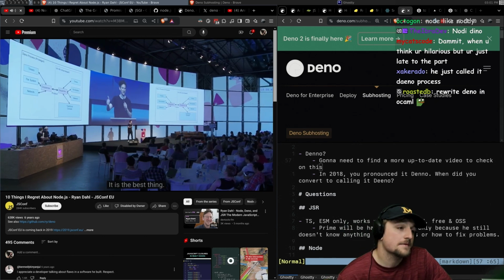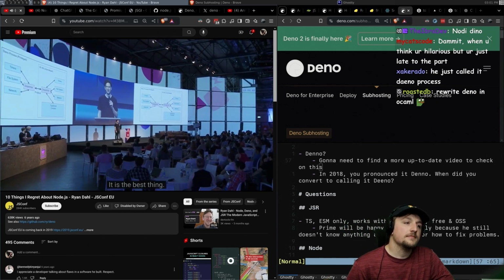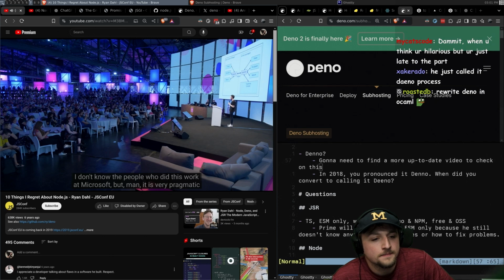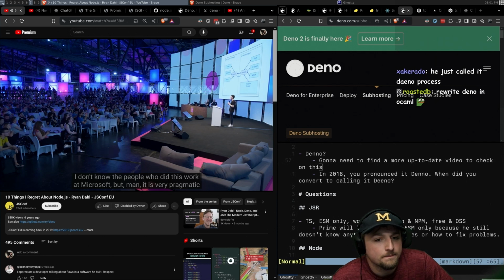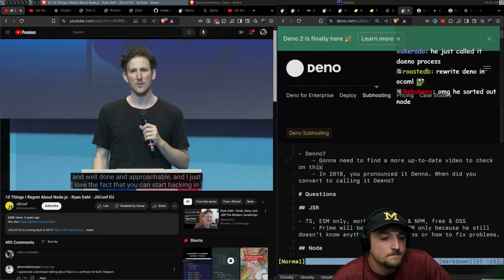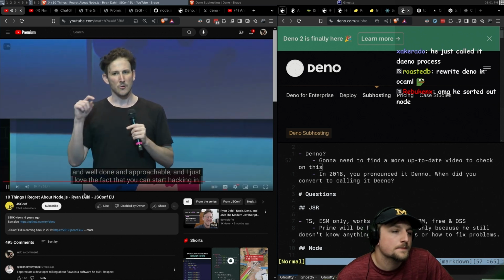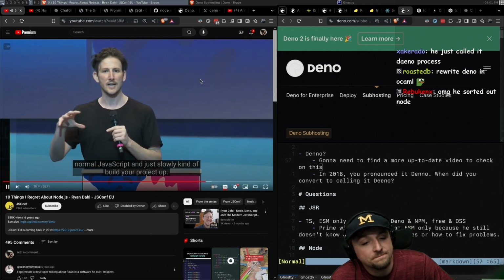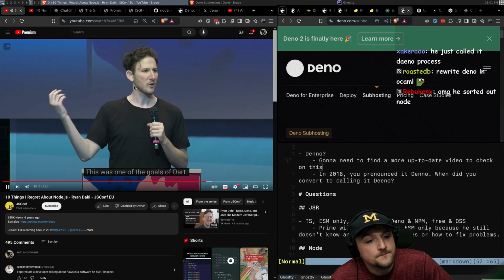I love TypeScript. It is the best thing. It is Microsoft. I don't actually know the people who did this work at Microsoft, but man, it is very pragmatic and well done and approachable. And I just love the fact that you can start hacking in normal JavaScript and just slowly build your project up. This was one of the goals of